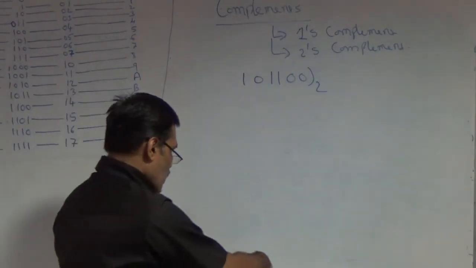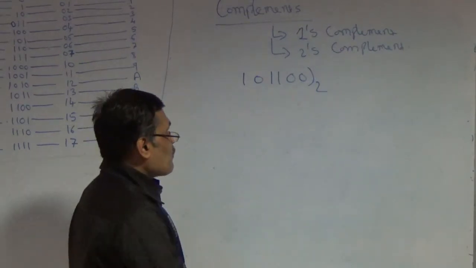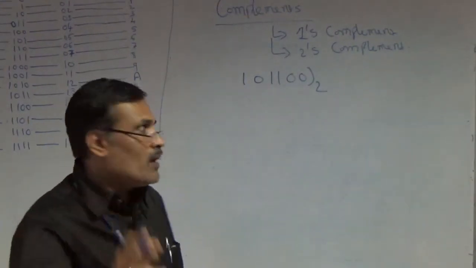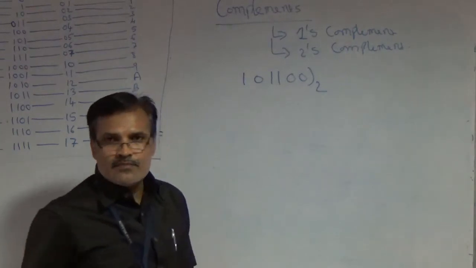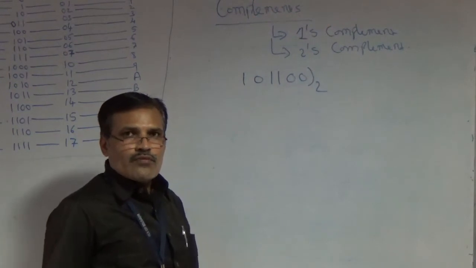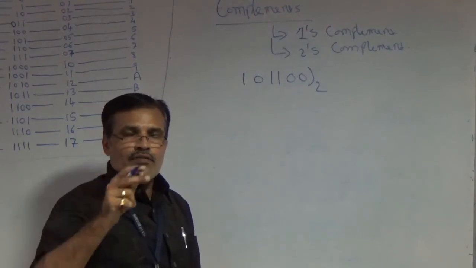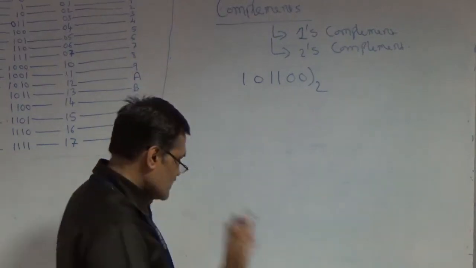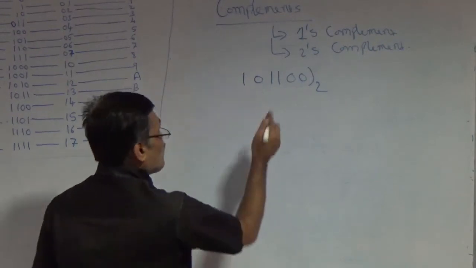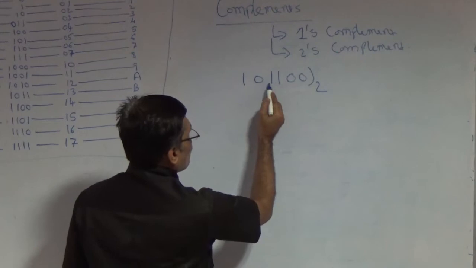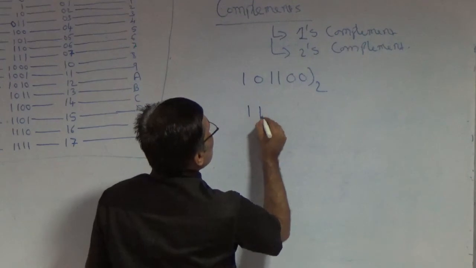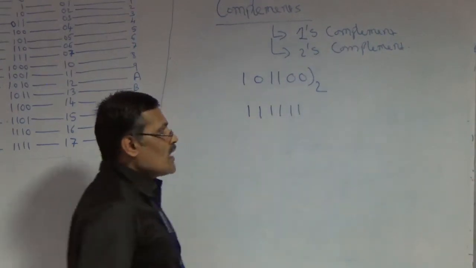So in that particular case, what you need to do is subtract the given binary number from the largest number available in this particular digit, and find the difference of that. So that itself is your ones complement. So let us see how it can be done. So this is the given number, which is the largest number in this particular digit. So 1, 2, 3, 4, 5, 6. So there were 6 digits. So the largest number available in the 6 digit number is all ones. This is the largest number.